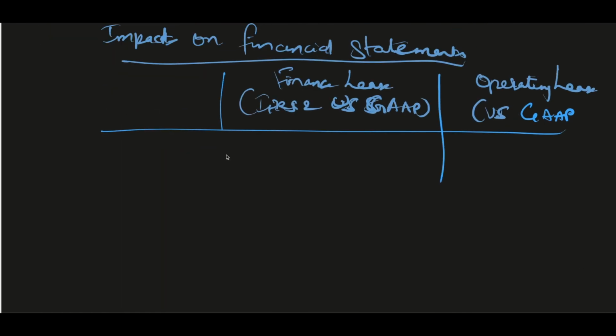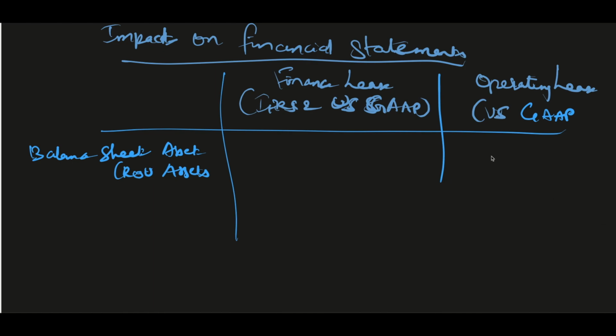So it goes like this. So balance sheet assets, that means ROU asset. Okay, ROU asset comparatively